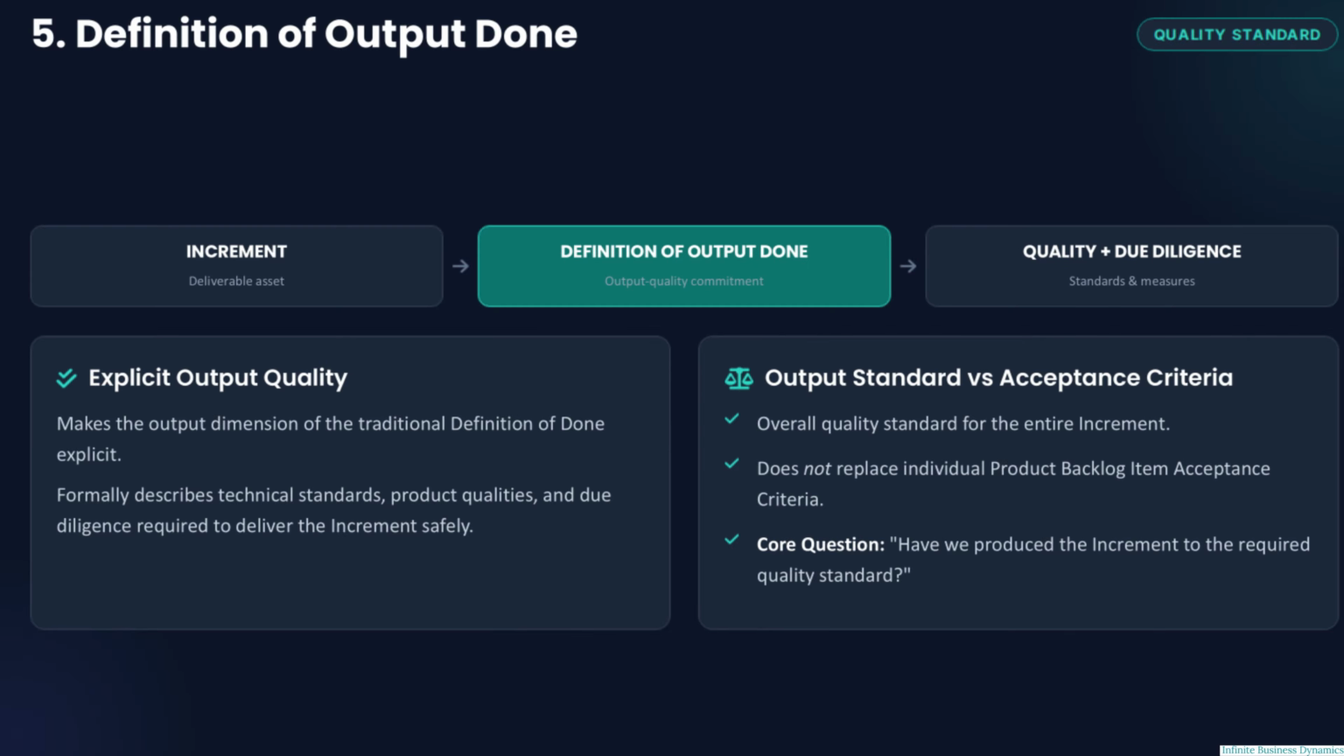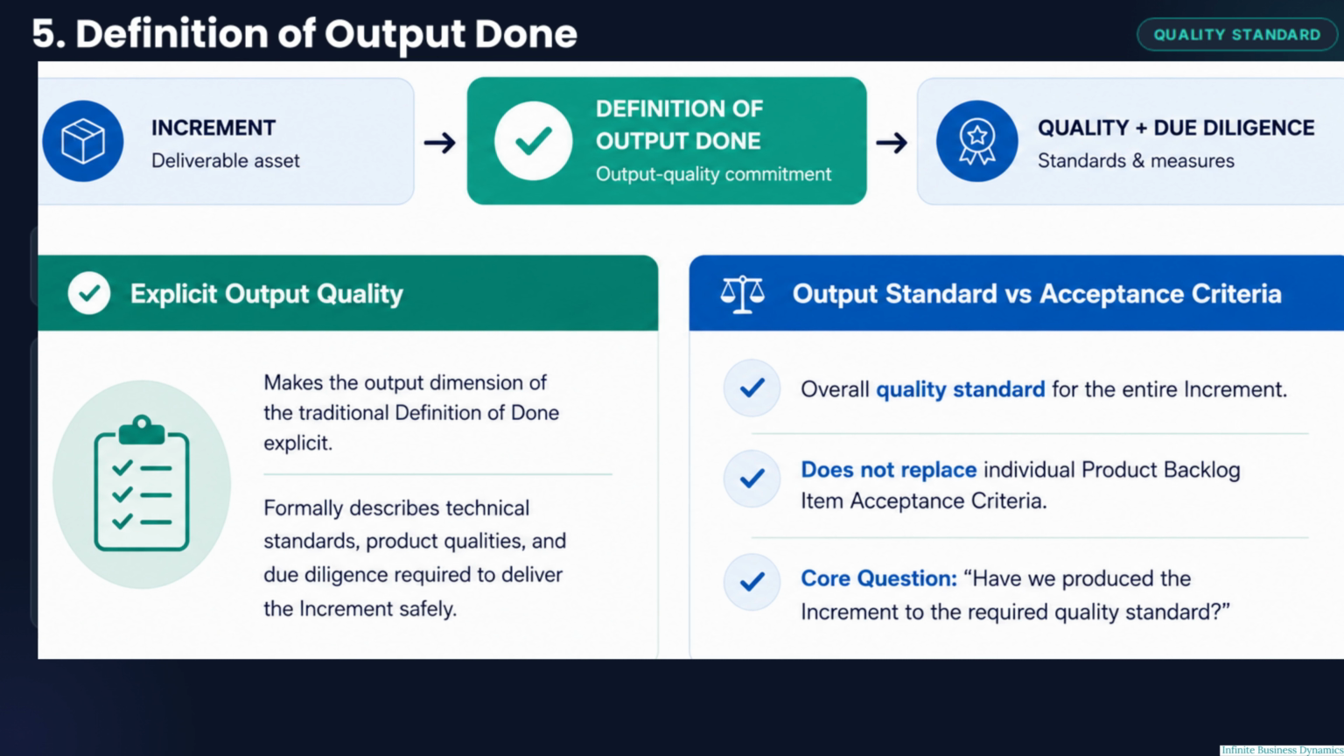Now that we have considered the environment that enables Scrum teams, we can turn to the quality of what they actually produce. The increment is the deliverable asset, but producing an increment is not enough by itself. The definition of output done makes the quality expectations for that output explicit. It describes the technical standards, product qualities, and due diligence required for the increment to be delivered safely